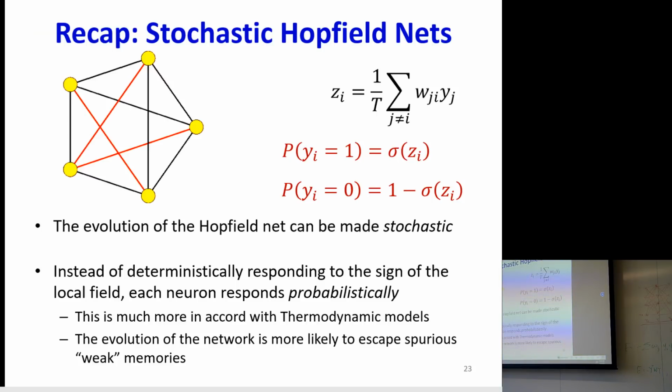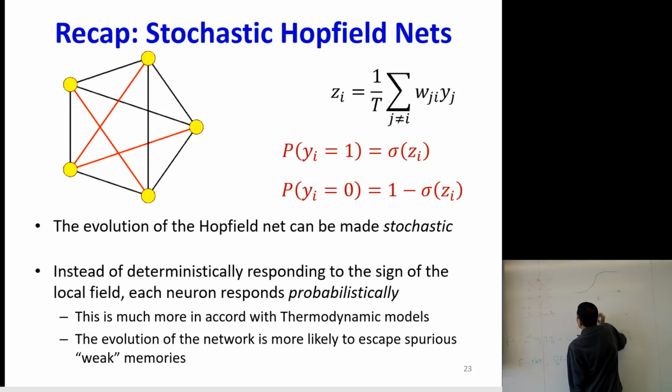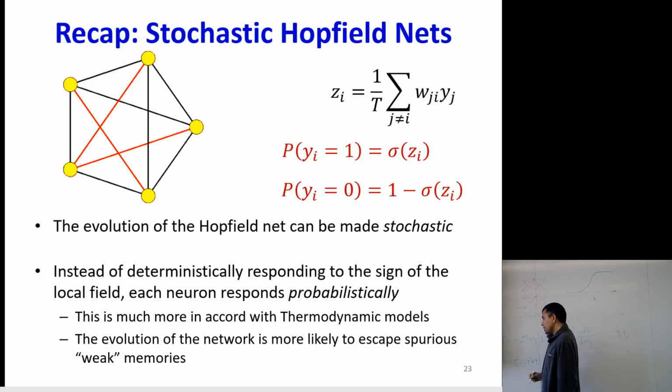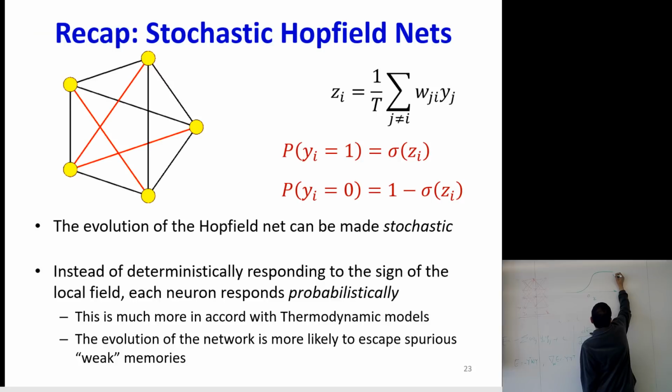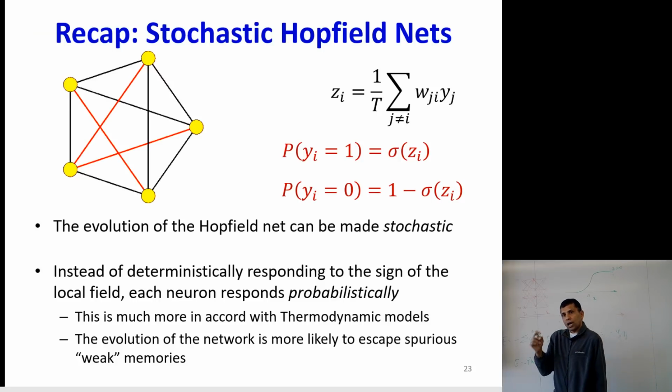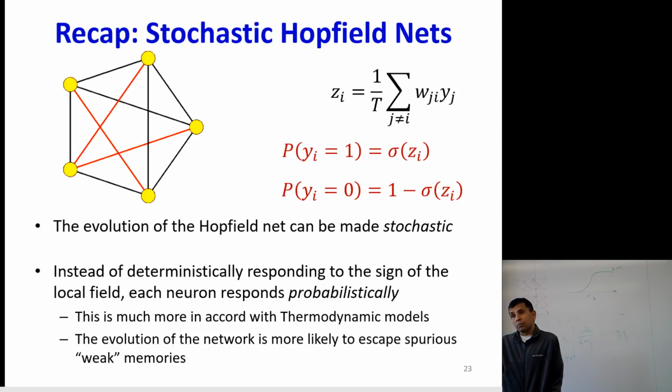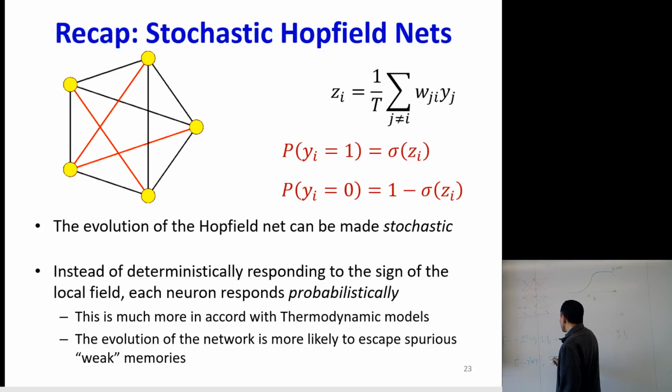So if this is Z, you would expect the logistic to be something like this, right? If Z is very positive, Z greater than 0, the probability that the output is 1 is going to be pretty much 1. In which case, if it's currently 1, it's going to remain 1. If it's currently 0, it's going to become 1 and stay that way. It's not going to change, right? If Z is very negative,